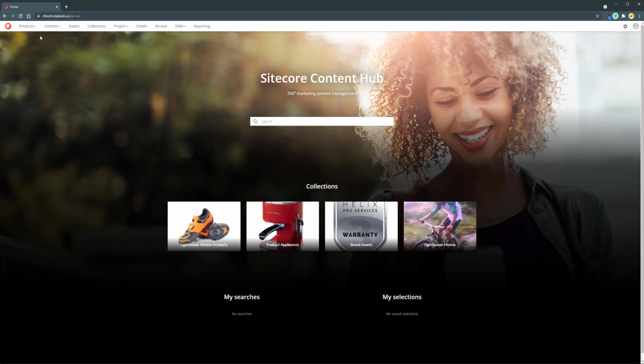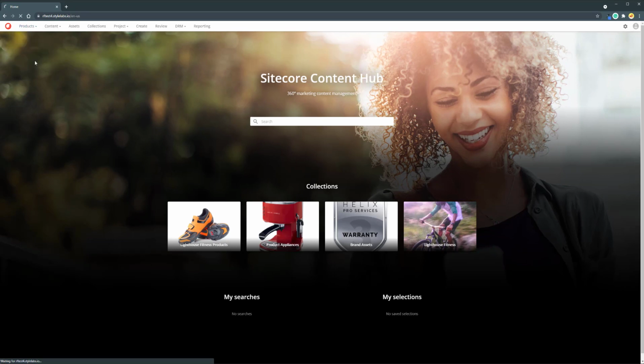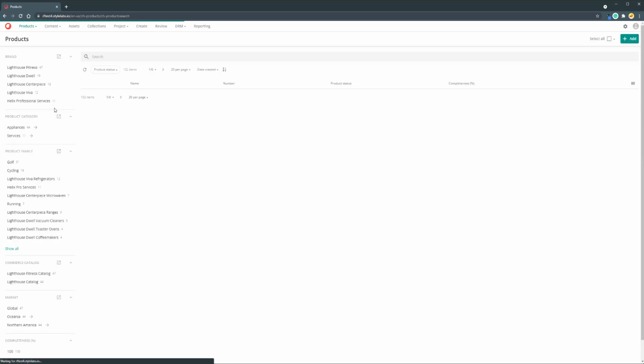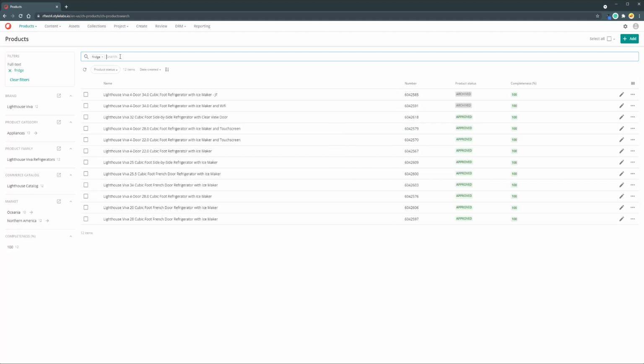On the top left, we can see a products label here. Pressing that allows us to navigate into our products landing page. From here, we have a list of every product in our system. We can easily search and navigate through all of them. For our particular demo, I wanted to look at some of the fridges that we have in our product listings. So if I type fridge in our search bar, it'll result in all of the fridges that we have to